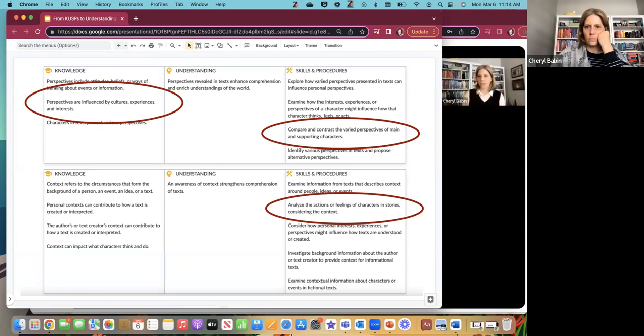When we're looking at literature, we would compare and contrast perspectives of main and supporting characters. We would analyze the feelings of characters in stories, problems on the playground, and also in the context of building all of these things. So in one or two lessons, we can actually pull some of those cusps together in a way that can be really relevant and connected.